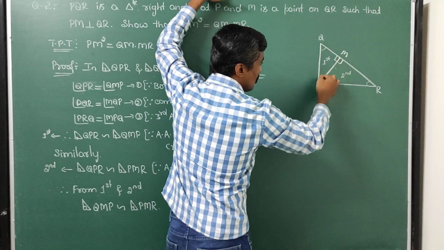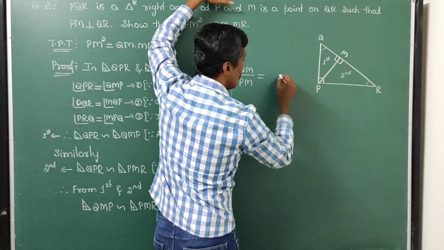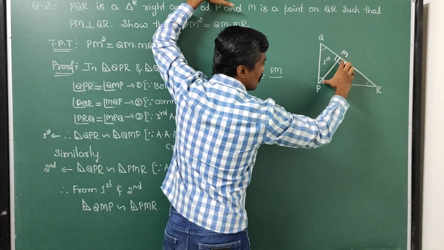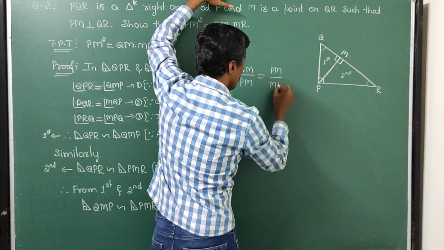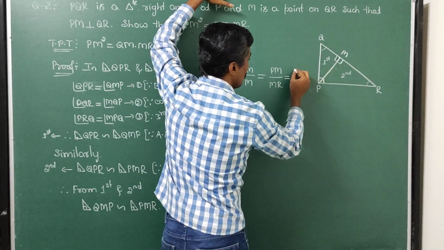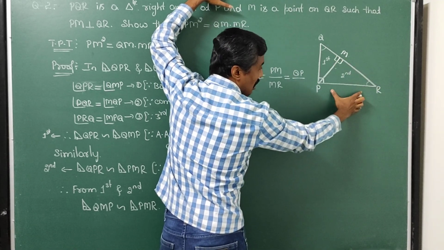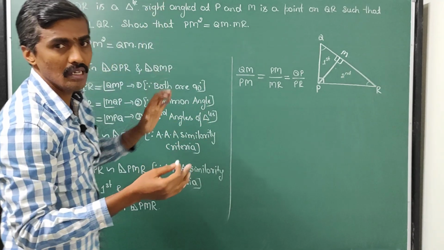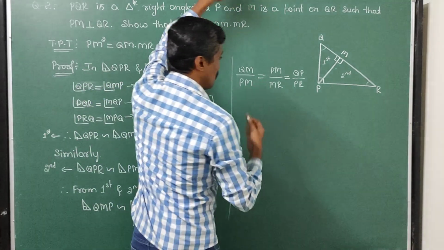Next, let me move on to the first triangle. The second smallest side of the first triangle, that is PM. Next, in the second triangle, the smallest side is PM and the second smallest is MR. That is equal to the remaining side, the hypotenuse in the first triangle, QP, divided by the hypotenuse PR in the second triangle. Actually we don't want this, but we wrote it according to the properties of similar triangles. If the triangles are similar, their corresponding sides are in the same ratio.